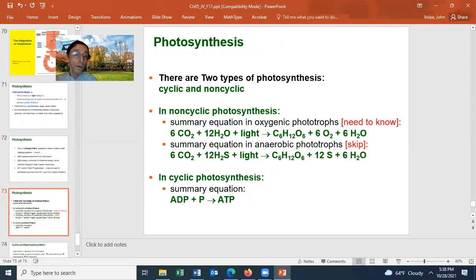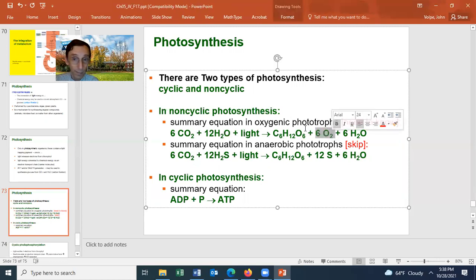What you don't know, or at least most of you probably don't know, is that there are two photosynthetic reactions. There's the cyclic photosynthetic reaction and the non-cyclic photosynthetic reaction. In non-cyclic photosynthesis, that's the reaction that makes glucose. The summary reaction, which you need to know, the first one, makes oxygen, so it's oxygenic